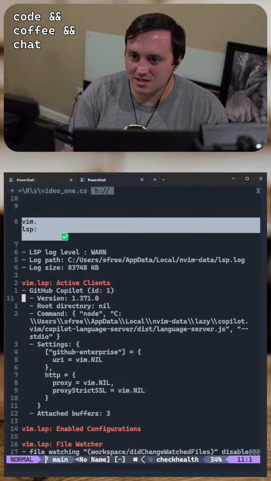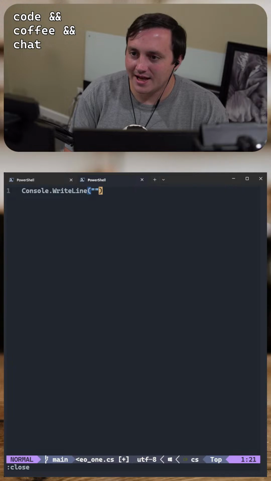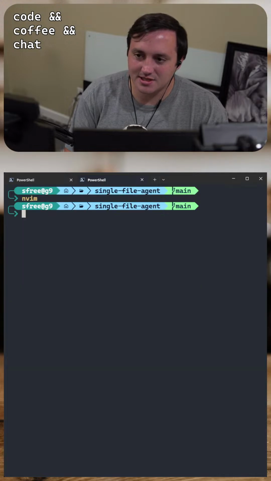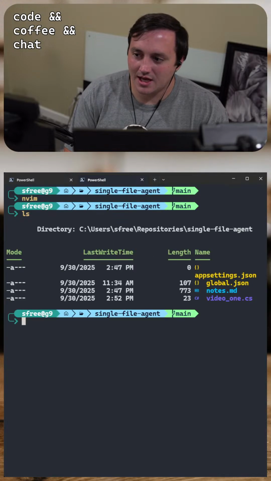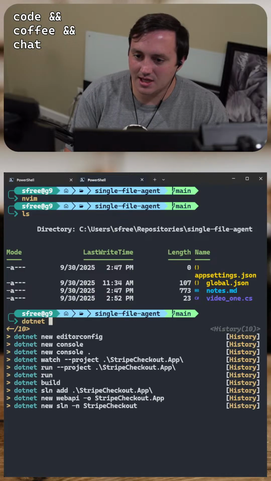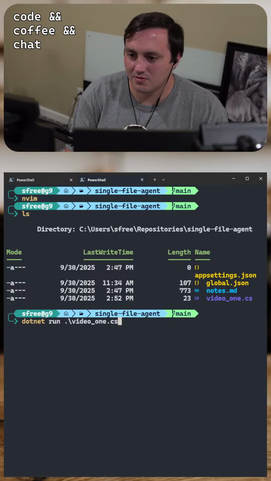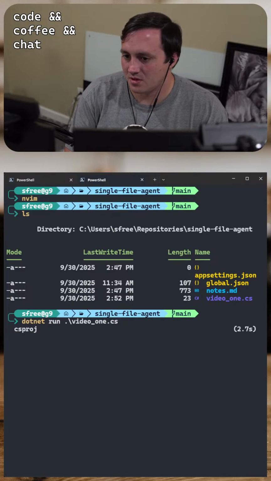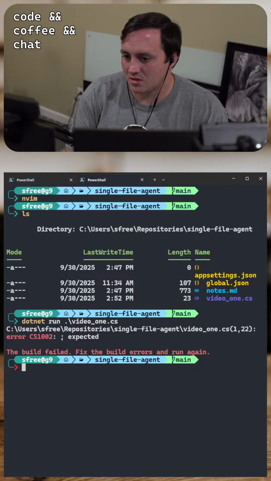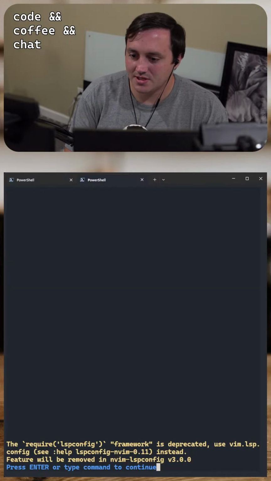Copilot is attached to this buffer, but OmniSharp is not attaching to this buffer. And I think it's not attaching because there's not a, let's see, .NET run video.